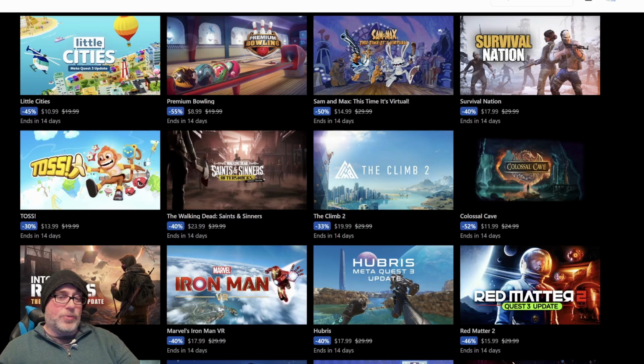If you're a fan of The Walking Dead, definitely one I would pick up. 40% off, $23.99, great deal. The Climb 2 for $19.99,